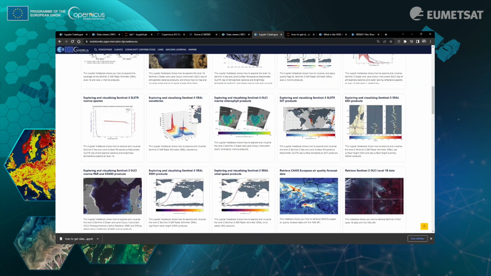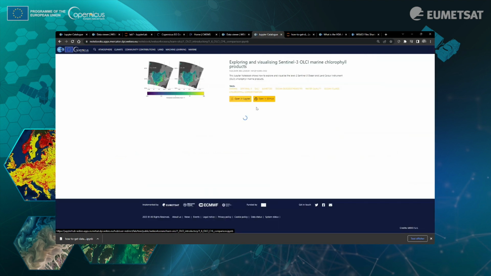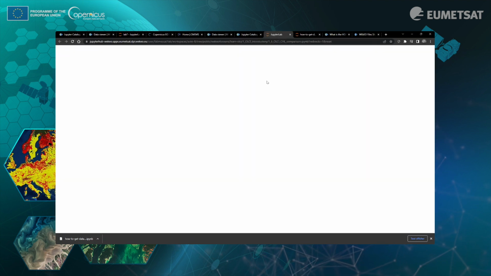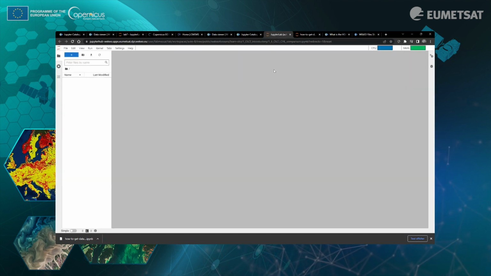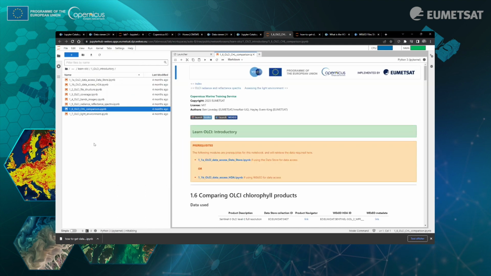Oh, this one, exploring and visualizing Sentinel-3 OLCI marine chlorophyll products. Let's play with it. I can open directly in Jupyter. Why not? Let's do that. So it opens a new window. So now I'm not in my home folder.